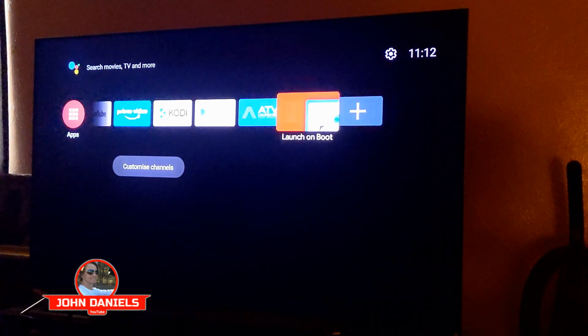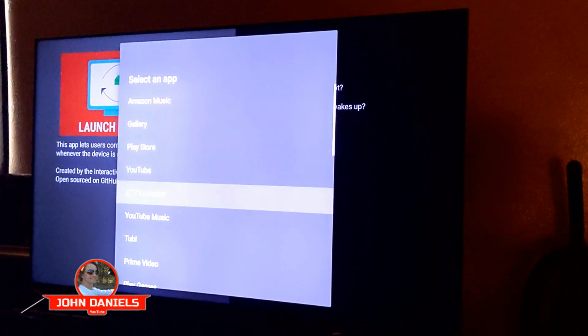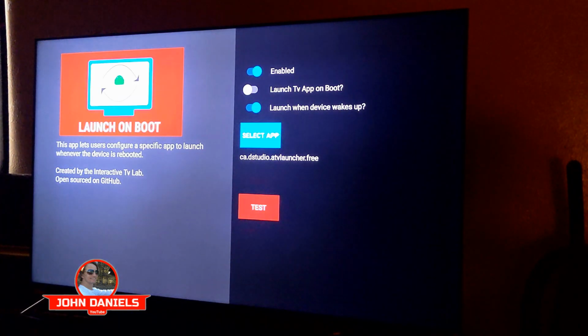What that allows you to do is, if you go into the settings, you see where it says enabled, and it says launch when device wakes up. So whenever it goes to sleep, you know where it has the screensaver that comes on, and then you click the button to wake it up, then it will go to the launcher that you tell it to go to. Right now you can see the app. You just click select app, and then we're going to do the ATV launcher, and you can select whatever launcher you want. Whenever you reboot this device, or whenever it goes into screensaver mode and wakes up, it'll come